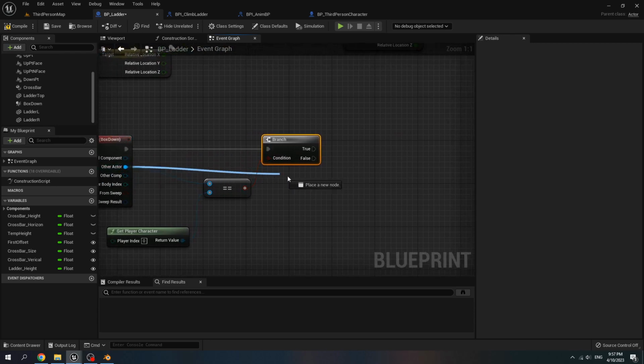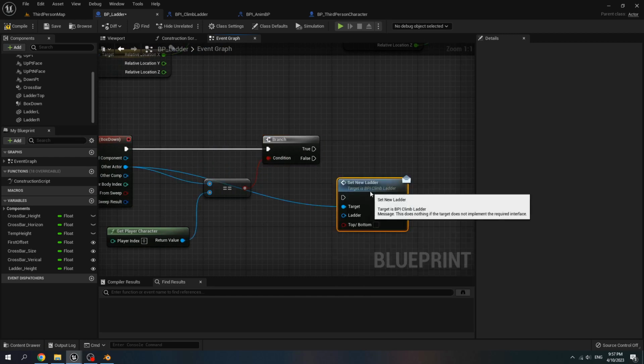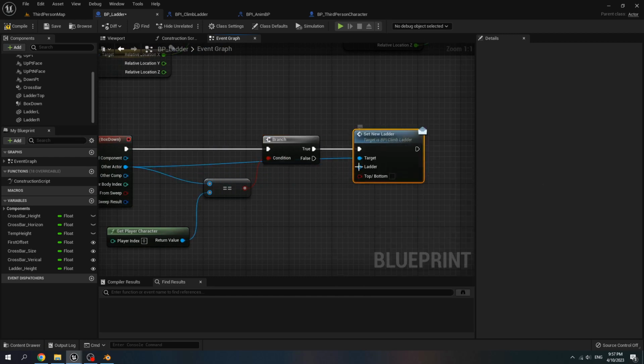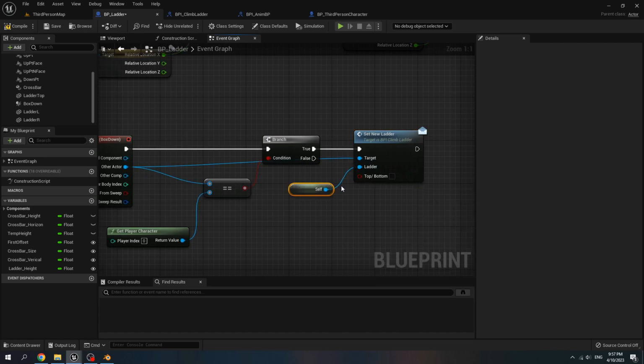If it equal to our player character, we set new ladder message, and the ladder is set, and top bottom is false.